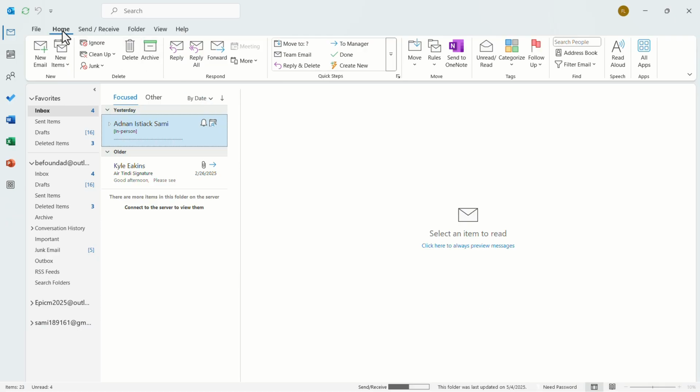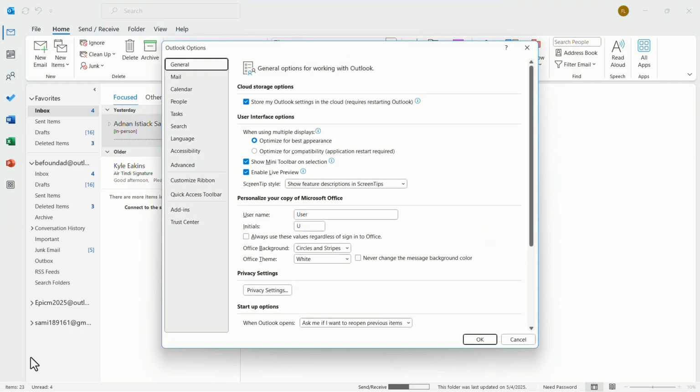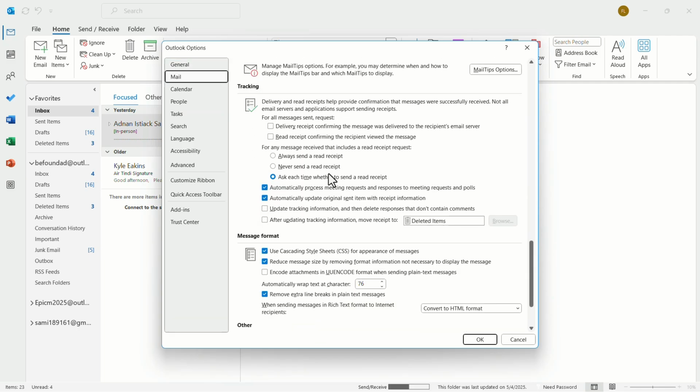Let's launch the Outlook app. In the title bar, click on File. In the left side menu, click on Options. In the Options menu, go to the Mail tab. In the Mail menu, scroll down to the Tracking section. Here you can see a couple of options are available. If you turn on the first option, you will get a notification when your email is delivered to the recipient's